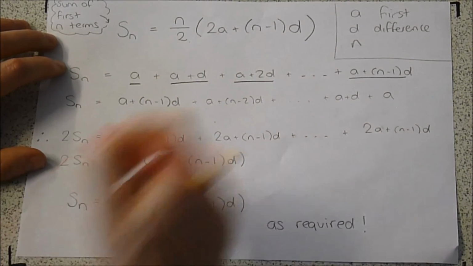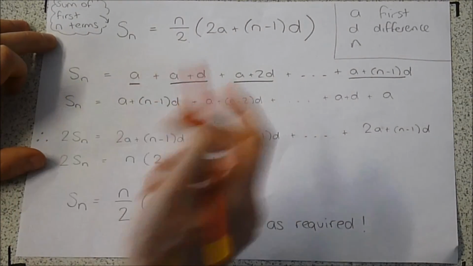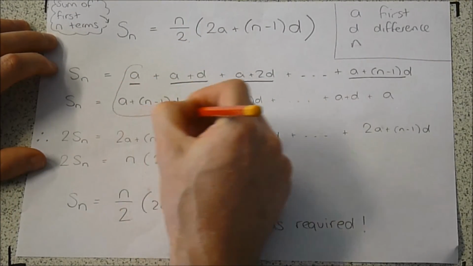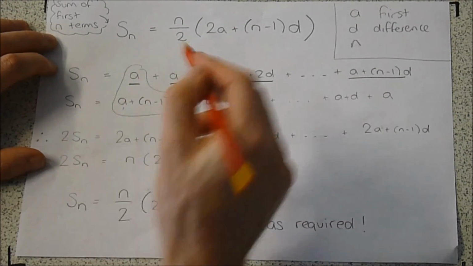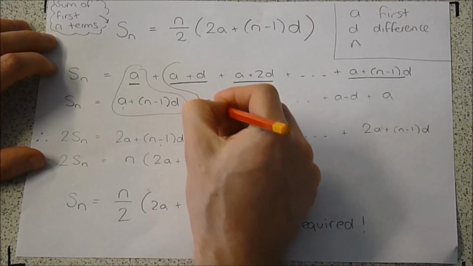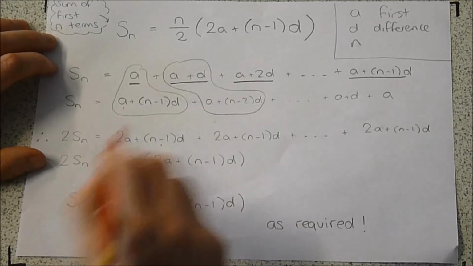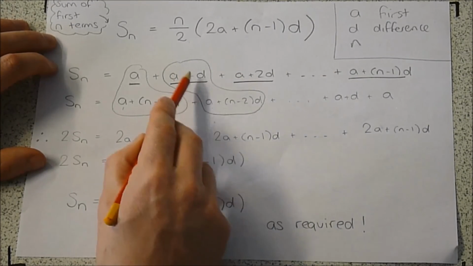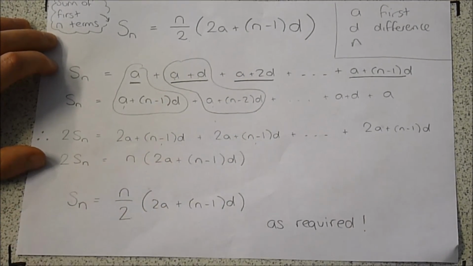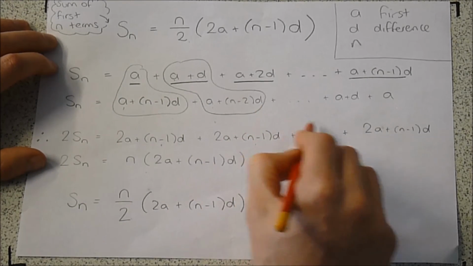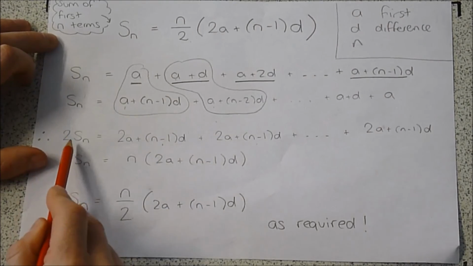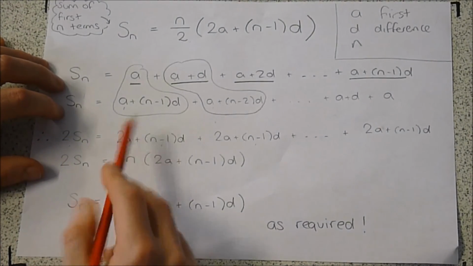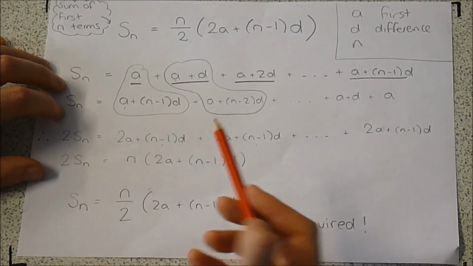And you write it out underneath, because then what we're going to do is add the 2 lines together. So when we add those together, we get 2a plus n minus 1 d. When we add these ones together, the second terms, we get 2a plus, we put these together, another lot of n minus 1 d. And that will always be the case. So if we've added these lines together, we've got 2 lots of Sn equals always 2a plus n minus 1 d